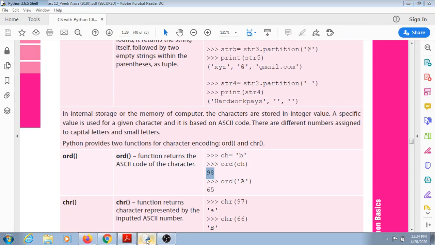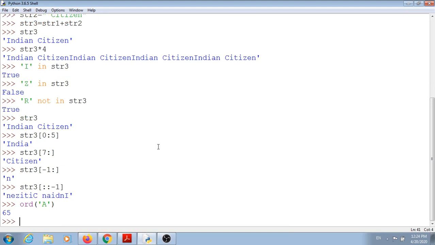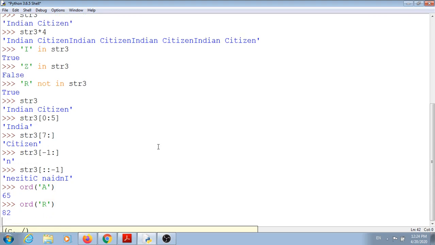So I will give you an example. Suppose I am mentioning here ORD, and in the parameter list I will place A. So it will return 65. See, now ORD of R, okay, 82. Now I want to give the small letters or lowercase letters.